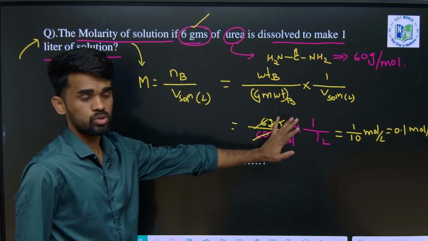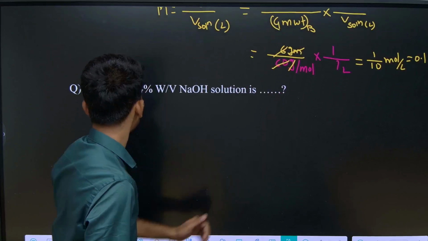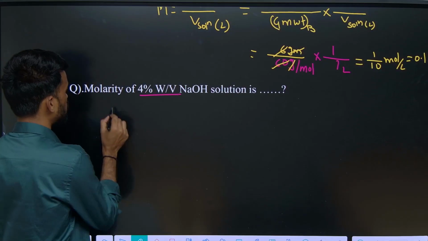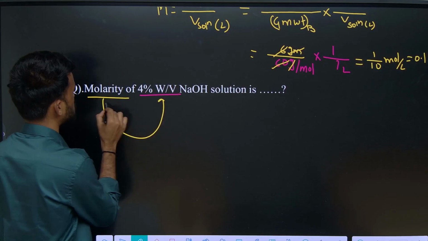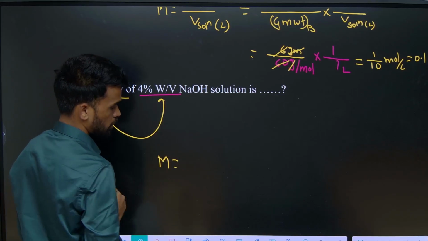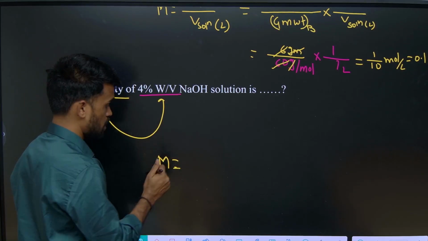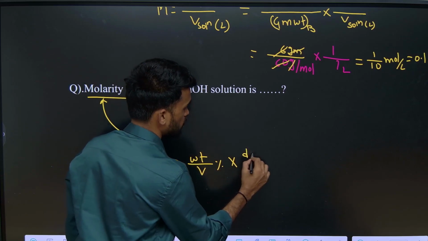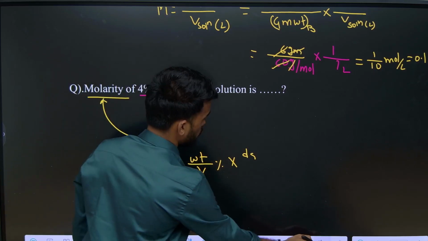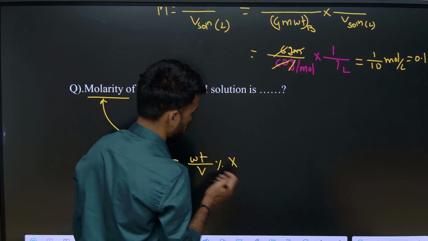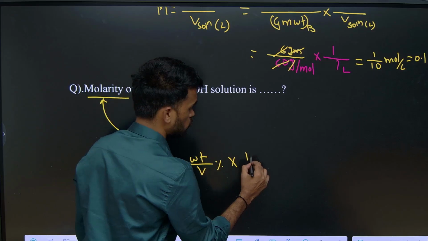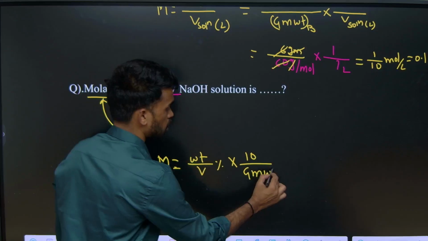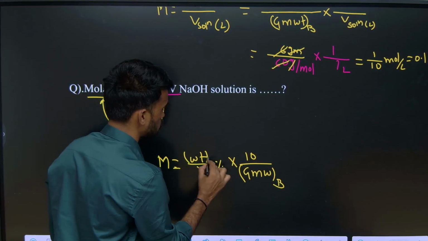I hope it is clear how to solve these basic questions. So we have one more question over here, which is given in terms of weight by volume percentage. So how can we relate these two things? Molarity equals, what I told you in the last slide, molarity equals weight by volume percentage into density of solution. We do not require any density here, because weight by volume into 10 by gram molecular weight, as we have discussed. Gram molecular weight of what? Solute. Here this is also solute.